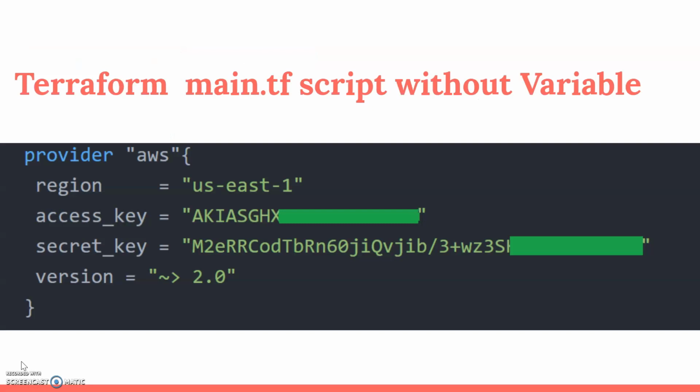So this is a sample where we have used the provider details. In the provider details we have passed the access key and secret key. This is not recommended, where you are directly exposing your access key and secret key. In case you have done this, it will be open to everyone who knows your code. So we should hide these things using variables.